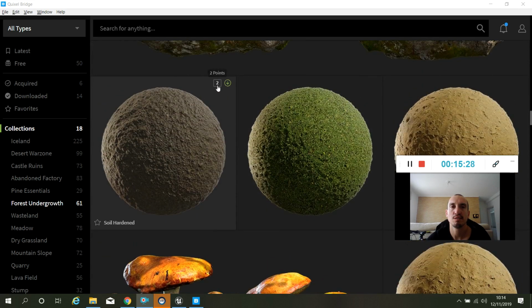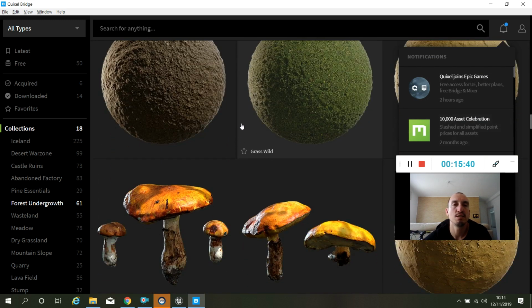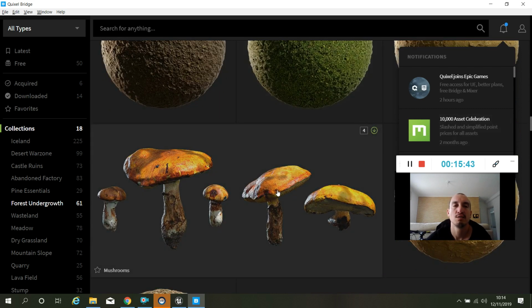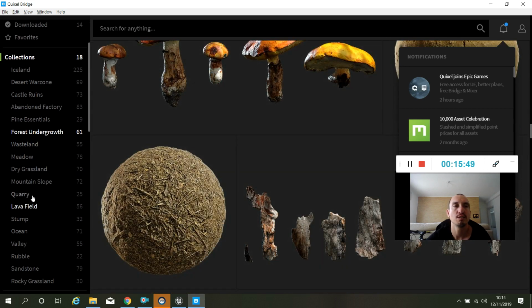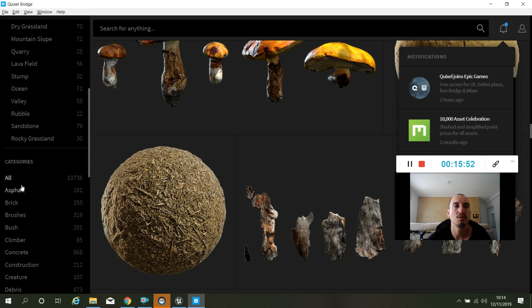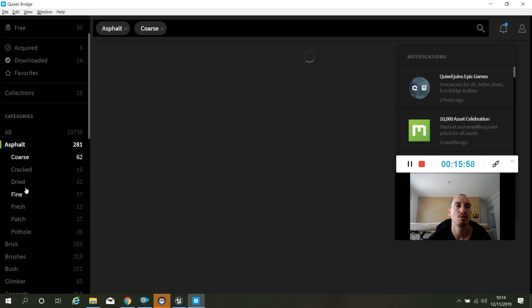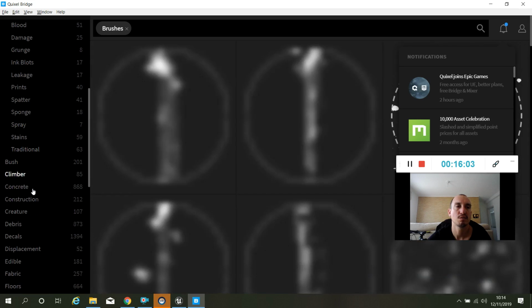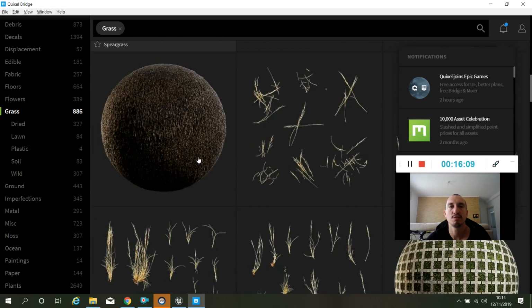And you can see the points you have. For example, I have 162 points, and some groups cost 4 points, 2 points, or you can select only each one of the materials, for example, asphalt, or cork, or cracks, or different others, brushes, grass. You see different materials, grass,